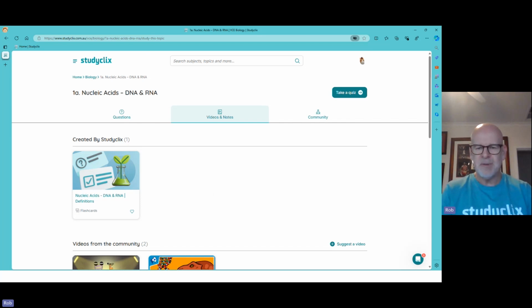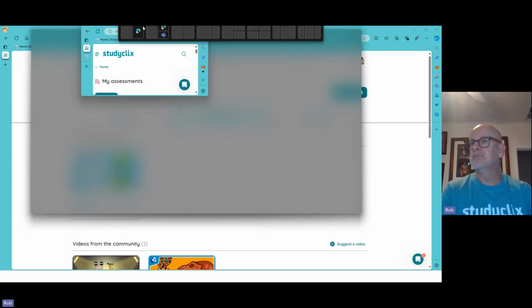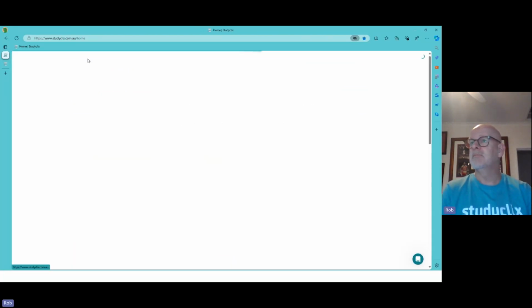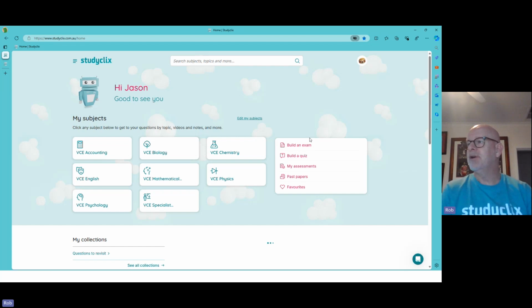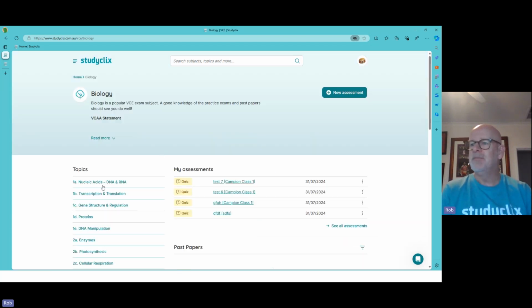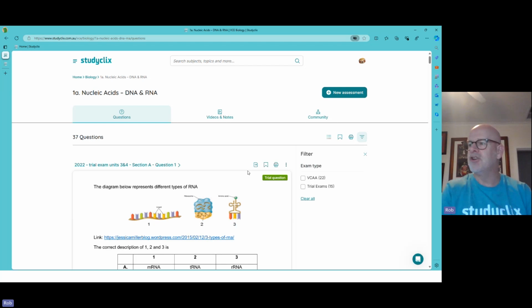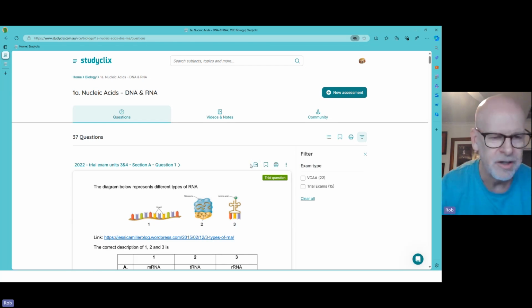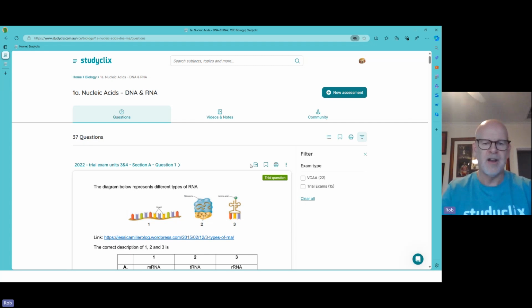From a teacher perspective, and this is where it gets really exciting, it looks very similar, but you can see some extra features here. Again, if I go into biology, it looks pretty much the same, but we've got a new icon here that says assign. You can now assign this question to any of your students, even if they don't have an account with